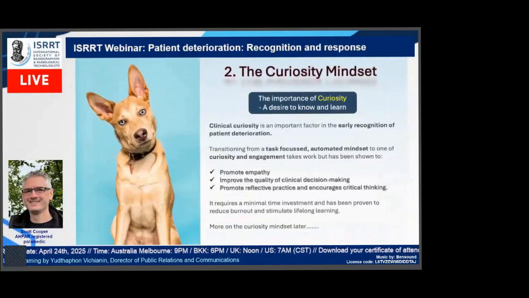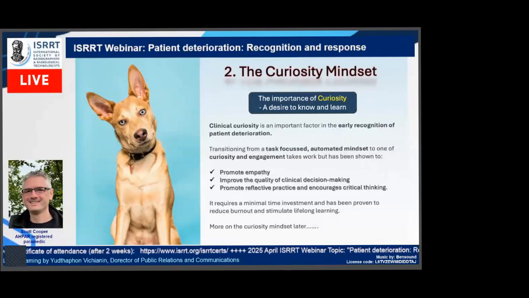So the curiosity mindset is something that I'm quite keen to explore with MRPs and see if we can actually get them to change slightly the way that they approach their tasks and everyday duties. We know that clinical curiosity is a very important factor in the early recognition of patient deterioration. And if we can get MRPs to transition from a task-focused automated mindset to one of curiosity and engagement, we